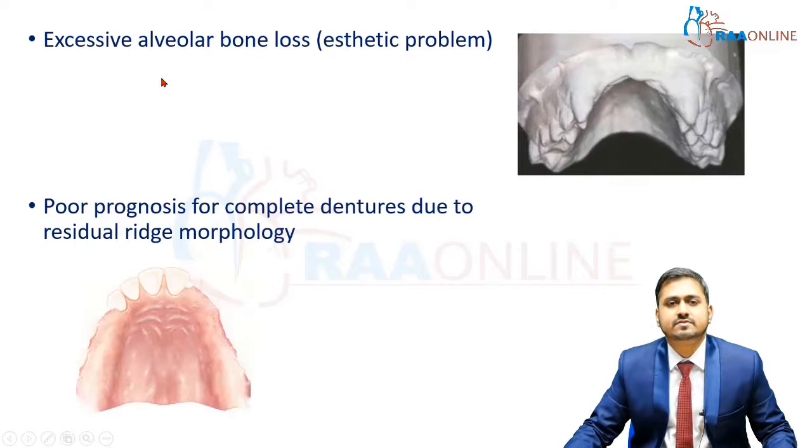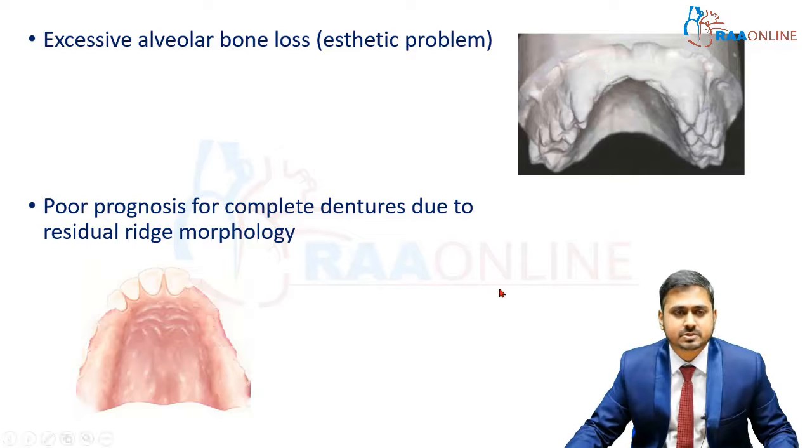Next is excessive alveolar bone loss. As you can see in the image, there is excessive bone resorption in this particular region of the patient's bone. So, if we plan for a fixed partial denture, this region will still look unaesthetic and will lead to aesthetic problems. So, for that case, we prefer to design an RPD for this patient with flanges extending to the labial or buccal areas, which will rectify the aesthetic problems.